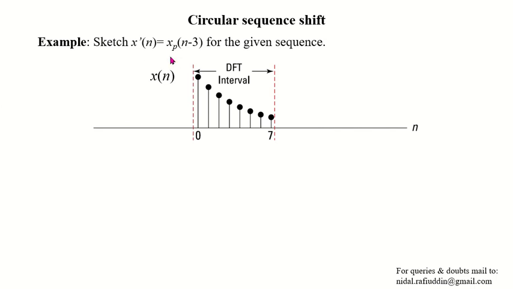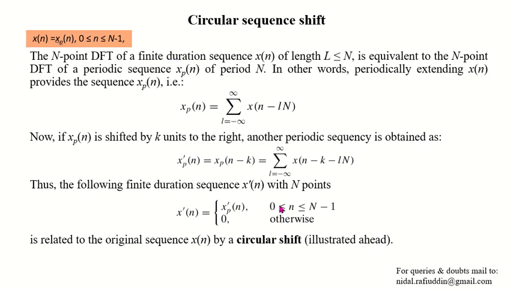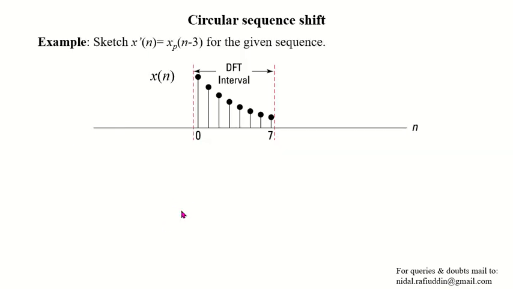In fact, this xp n minus 3 is a periodic sequence, varying from minus infinity to plus infinity. But for x dash n, there is a slight correction here. This should be written in this form. We are talking about an N point sequence for x dash n, and thus this should be an N point sequence. Since if we see the original curve xn,